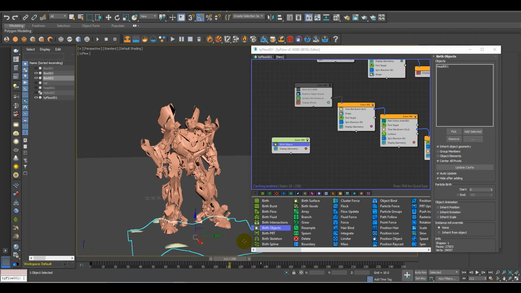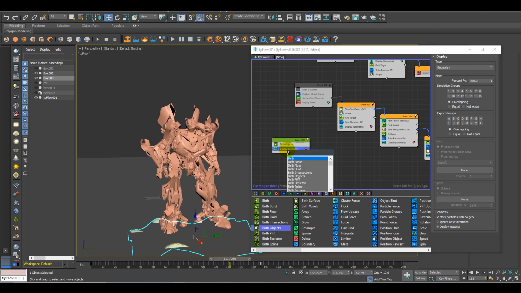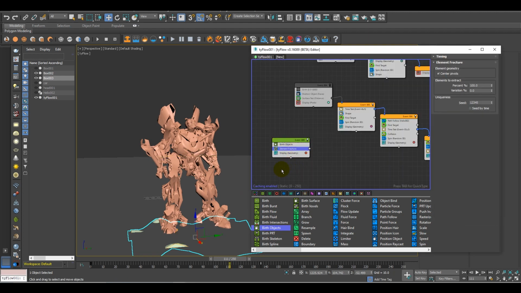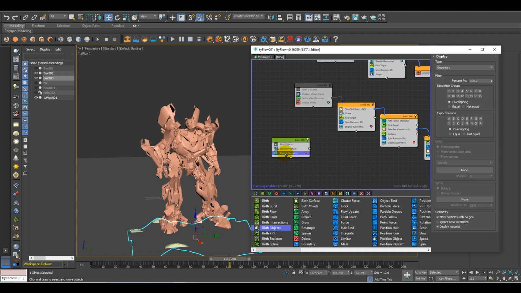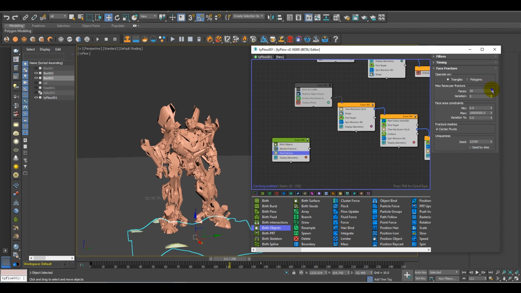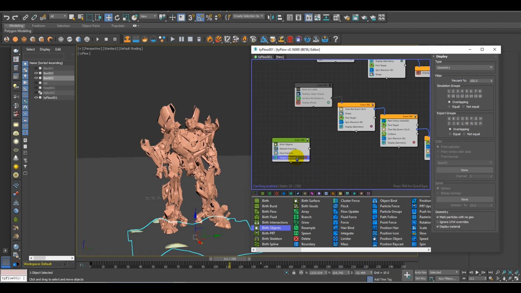At this point, to give it fracture, first I need an element fracture, and then I need a face fracture. Perfect. And at the last I need a Voronoi fracture.